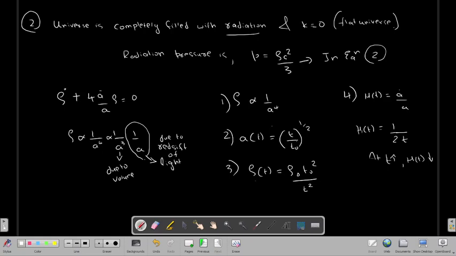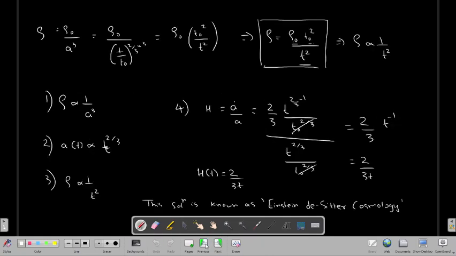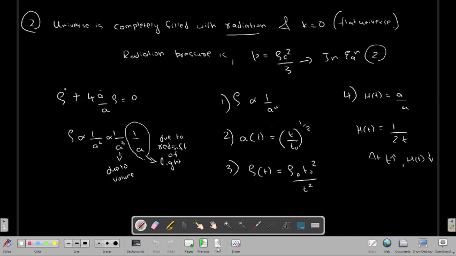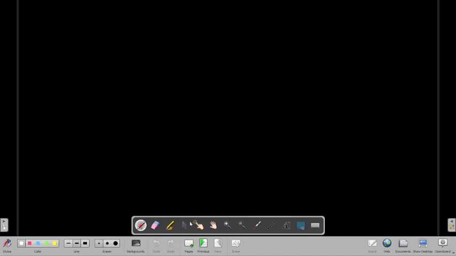You know that this is not a realistic solution, since there is a lot of baryonic matter and other matter in the universe, and the previous solution is also not a realistic solution, since we have considered only pressureless dust there, and there is a lot of radiation in the universe. So both are very special and simple solutions, but they don't give us a true picture of the universe. By this we are only